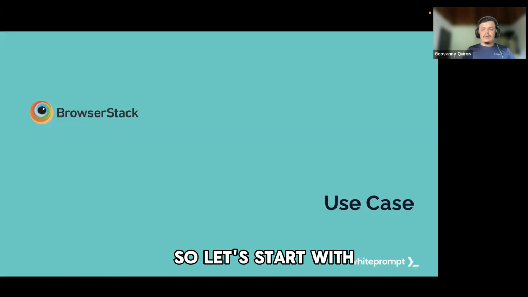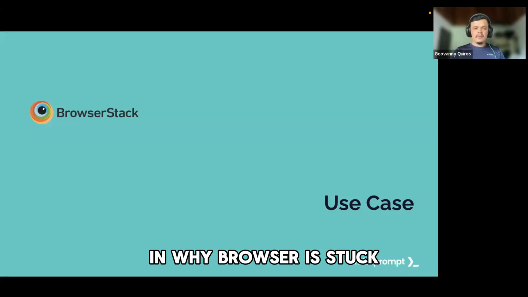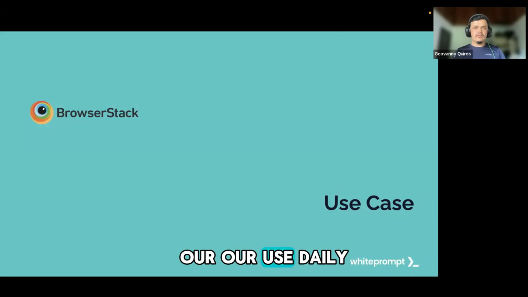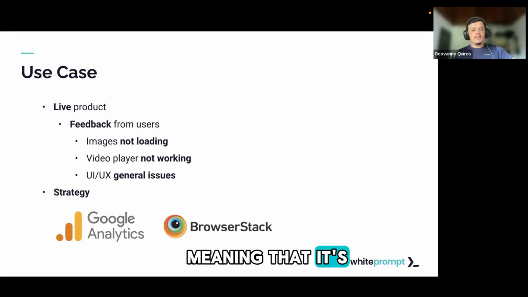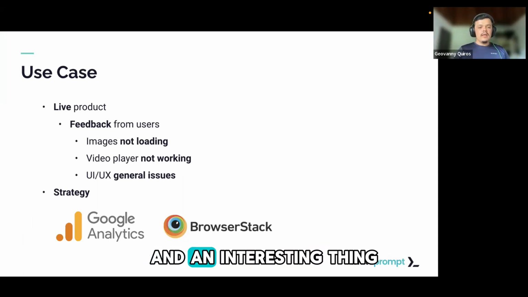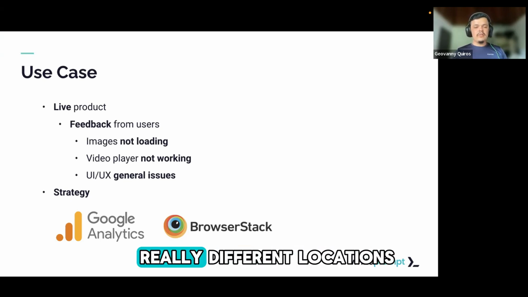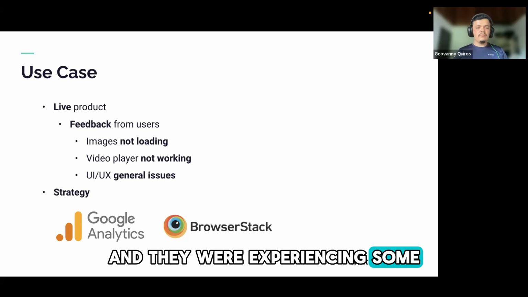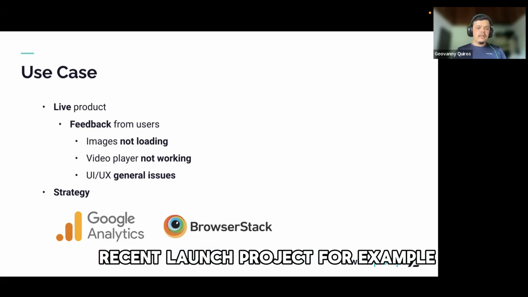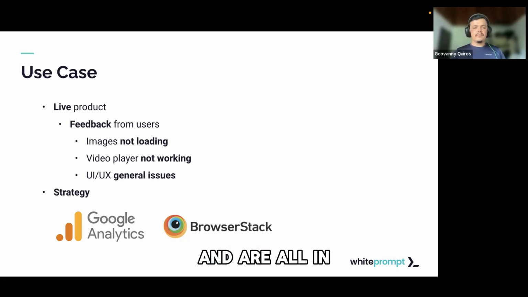So let's start with our use case and why BrowserStack is now considered a tool inside our dailies. Basically, we just launched a product, meaning that it is in a production phase, and we started getting some feedback from users. The interesting thing is that those users were from really different geolocations, and they were experiencing some issues in our recent launch project. For example, some images were not loading at all on our landing page, or the video player was not working, or in general, we had